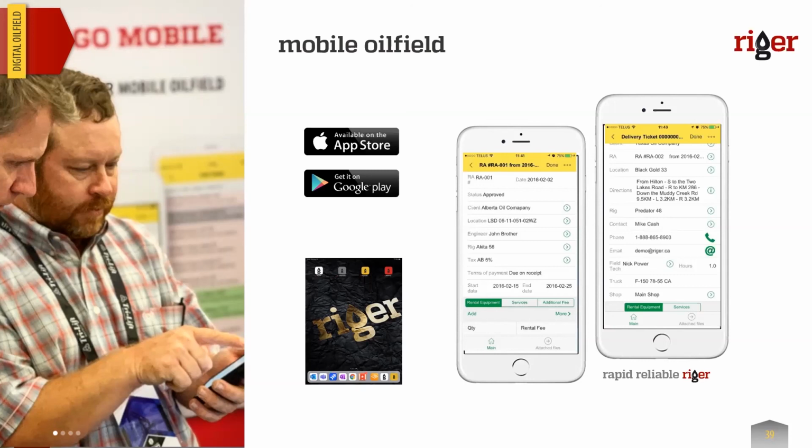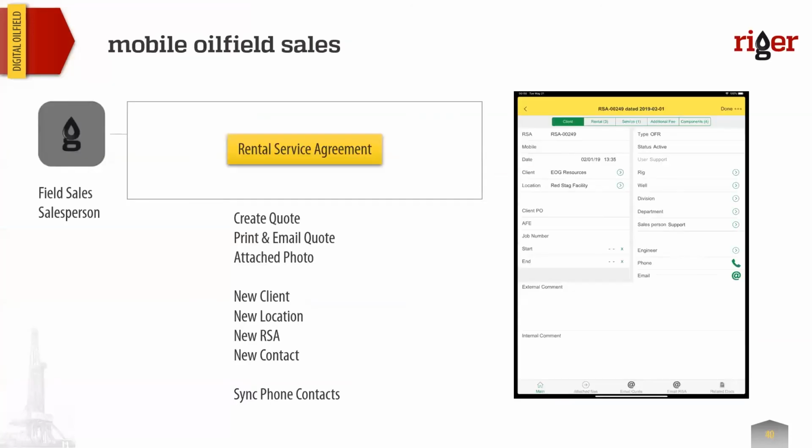So we follow the trend and we offer many different solutions in the mobile field, and we have different applications that can suit the needs of the oil field and meet the purpose of the scopes in the operations. The first application I would like to talk about is the mobile oil field sales application, which is intended for the field sales